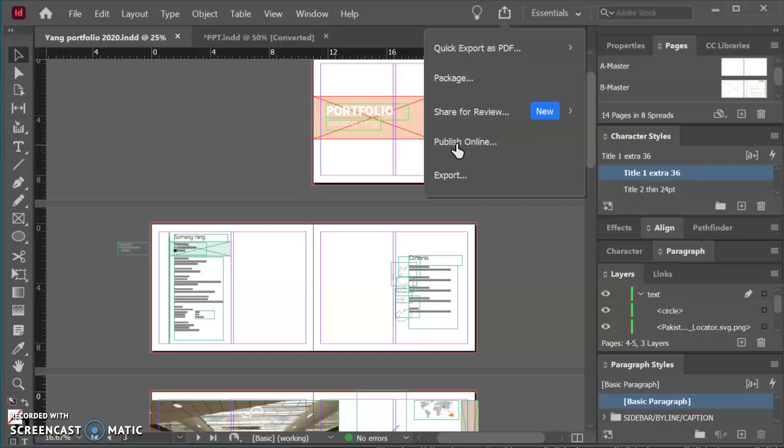It is always useful to have a web link of your work. Adobe provides a web link document, saving your document in the cloud. So when you publish online, you can just copy the URL of your work